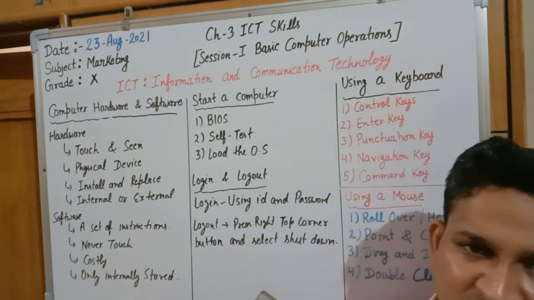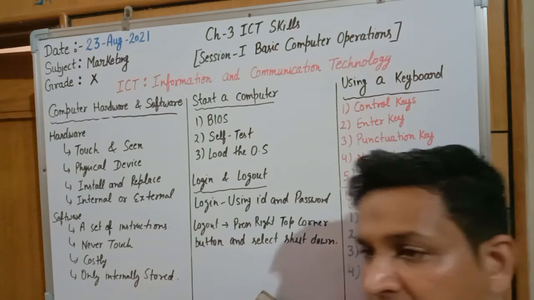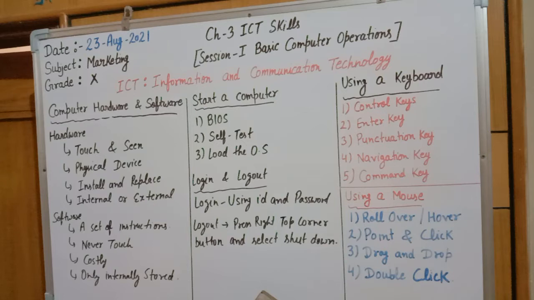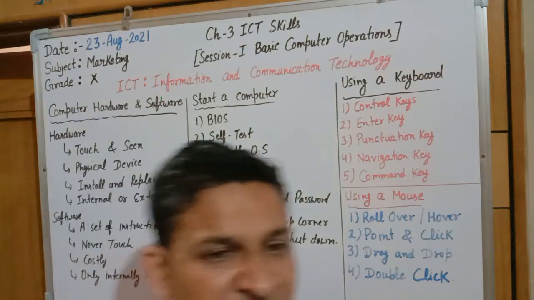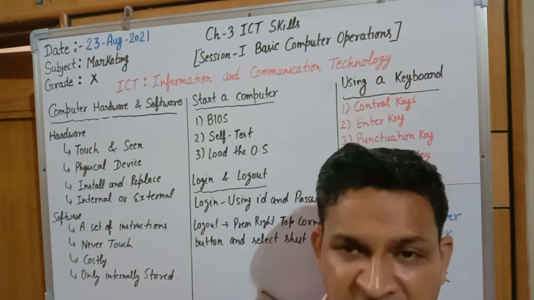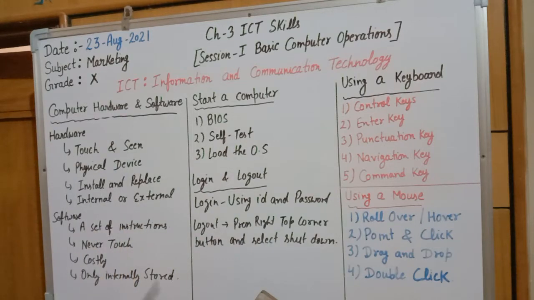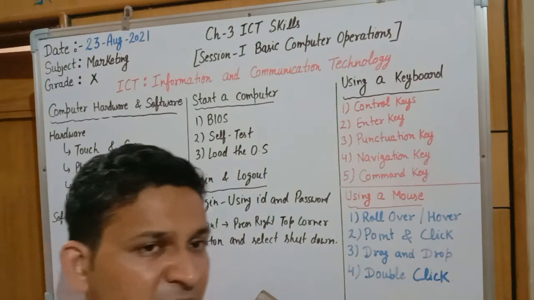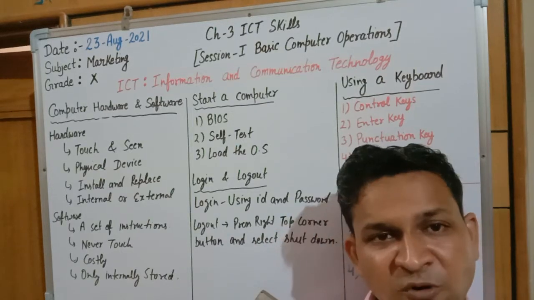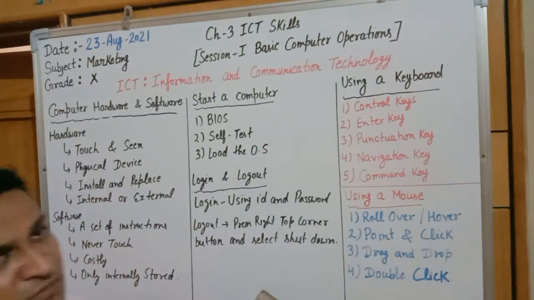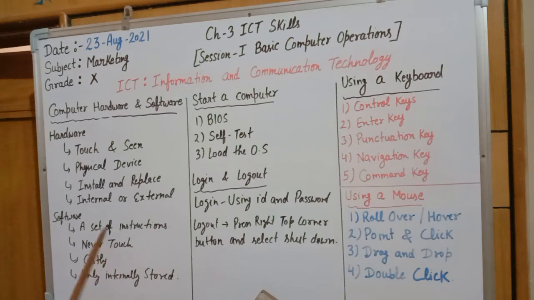Computer hardware and software both are the important part of your computer system. Computer hardware is always present in physical form. So it can be touched and seen. We can touch it, we can see it. It is a physical device that is physically present in front of our eyes, and it can be installed and replaced very easily. Computer hardware can be changed very easily. It can be the internal part of the computer system or the external part. External parts are keyboard or mouse, and internal parts are like your memory, RAM or ROM. RAM and ROM are examples of internal, and keyboard and mouse are examples of external hardware devices.